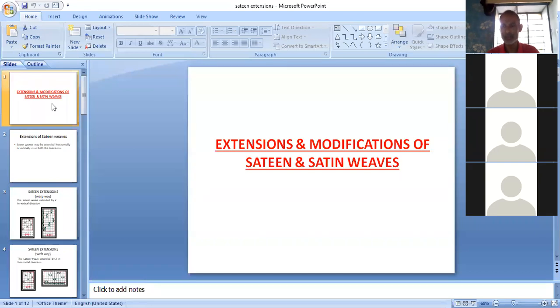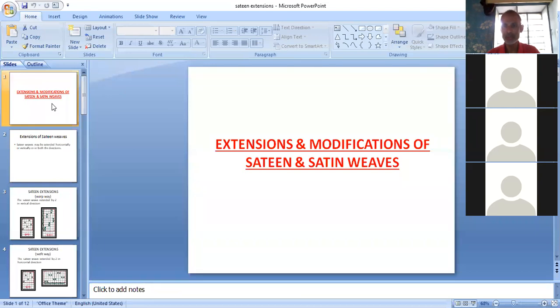And if you have any confusions in extensions of plain view or modifications of plain view, and then modifications of twill view, you can ask me on WhatsApp, or if many students are having queries, then we can arrange one class for your solution of your queries related with syllabus of second midterm.